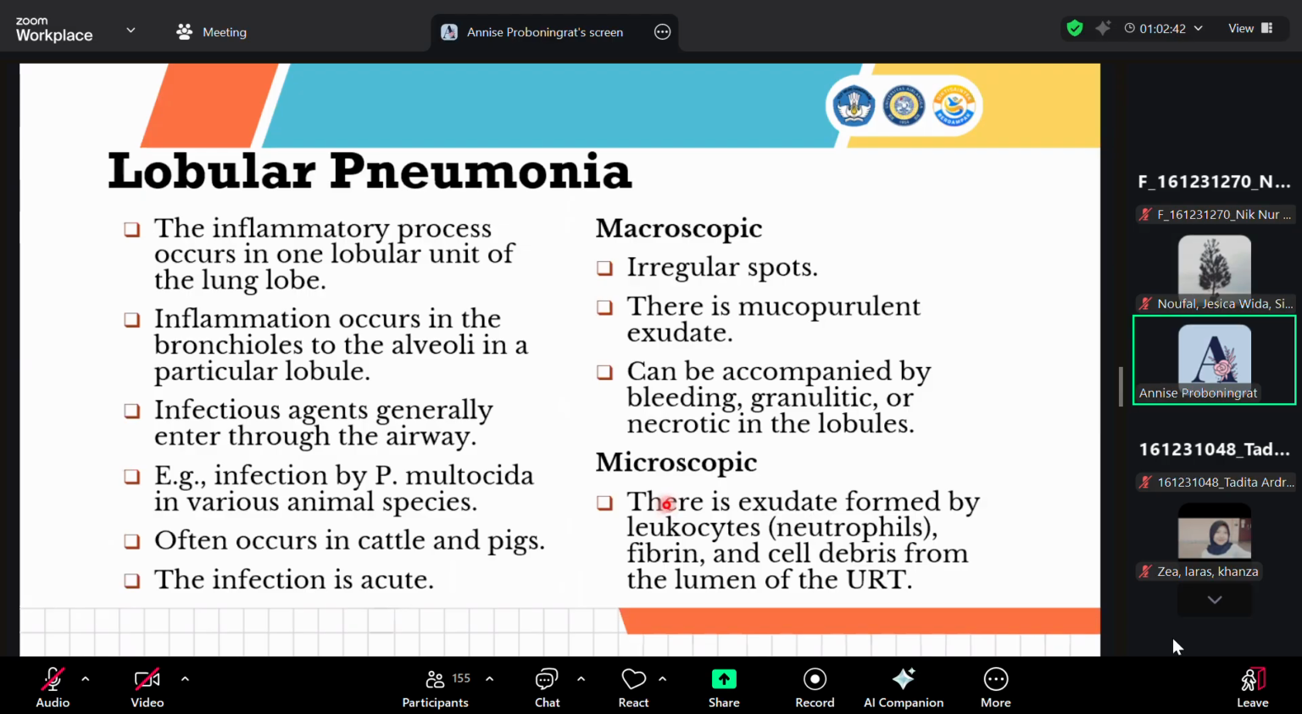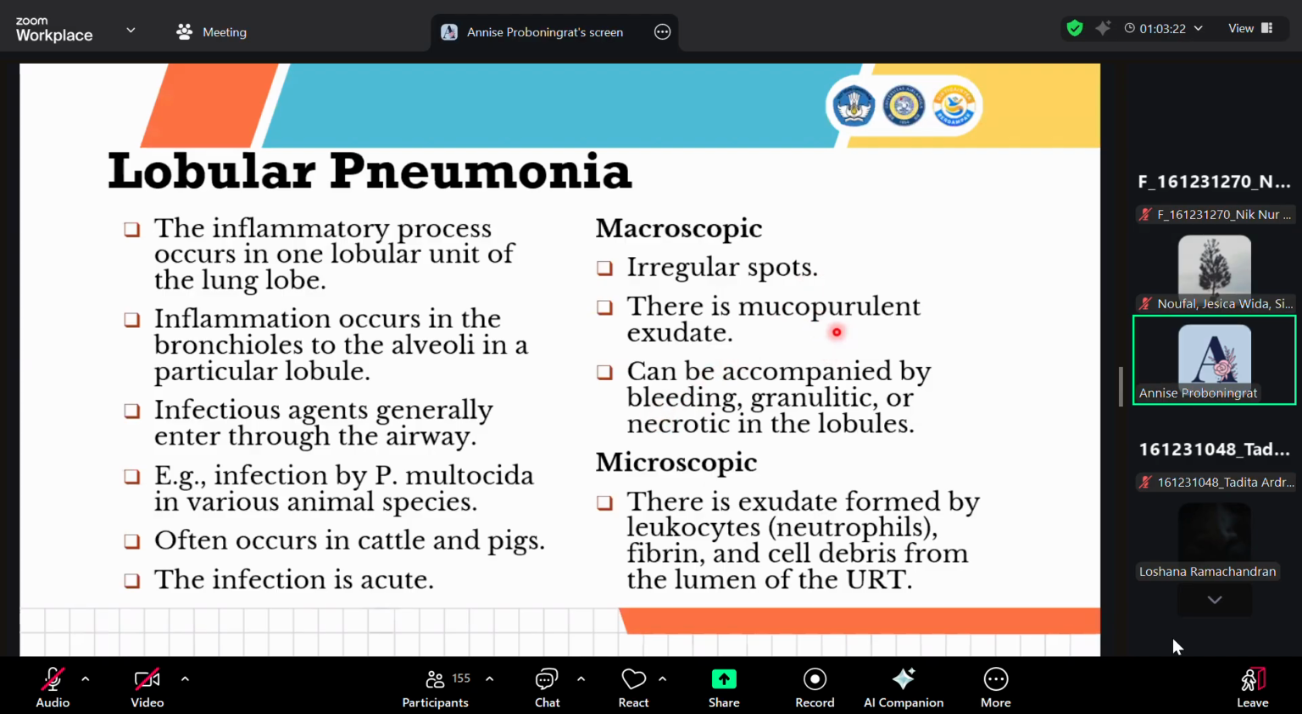Lobular pneumonia is the inflammatory process that occurs in one lobular unit of the lung lobes, and the inflammation occurs from the bronchioles to the alveoli in a particular lobule. Infectious agents generally enter through the airway, and the infection is acute. And the gross lesions of lobular pneumonia are irregular spots